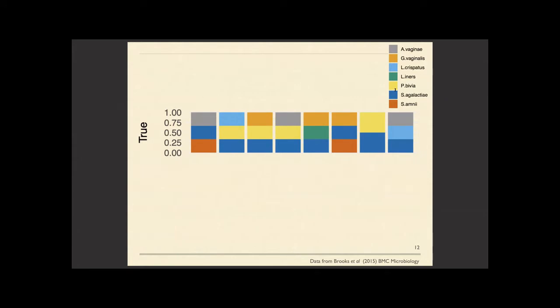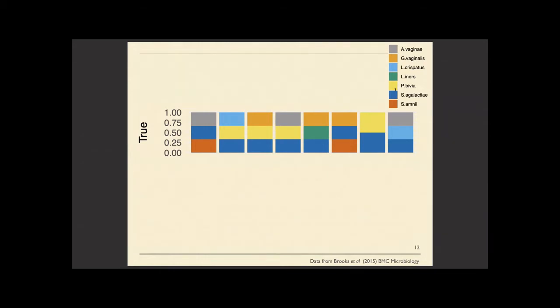And so we're going to look at some data from Brooks and co-authors that was published in 2015 in BMC Microbiology. The Brooks data is very interesting because they constructed about 82 different mixtures of 7 bacterial taxa, which are given in the top right here, in equal abundances. So all taxa are equally present in all samples, but there may be only a mixture of 2 or 3 or 4 or 7 taxa per community. What I've shown here are bar plots from what we know is present in 8 of the samples out of the total of 82.